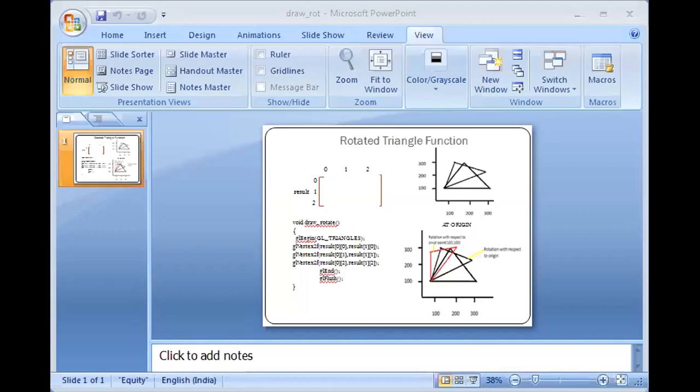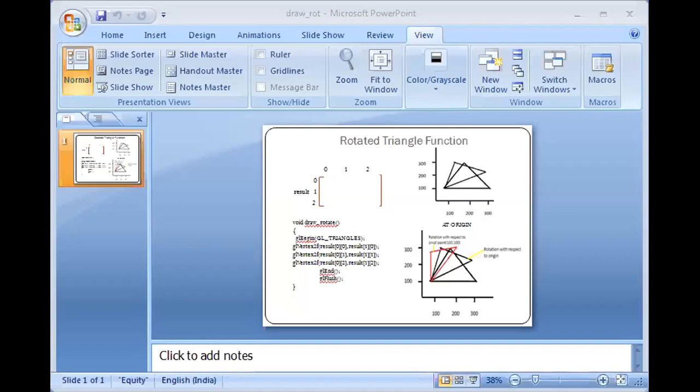What is the primitive to draw a triangle? Once I know that, I should know the rotation matrix for rotating an object at the origin, and the rotation matrix to rotate my object at the pivot point. This is rotation at the origin, and this is rotation at the fixed point or pivot point. Remember this. If I call these two the rotation matrix, then the rotation matrix of 0, 0 is cos theta.